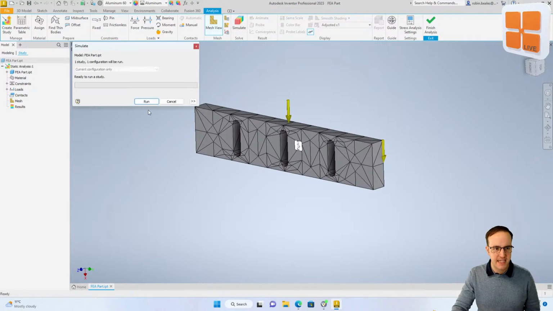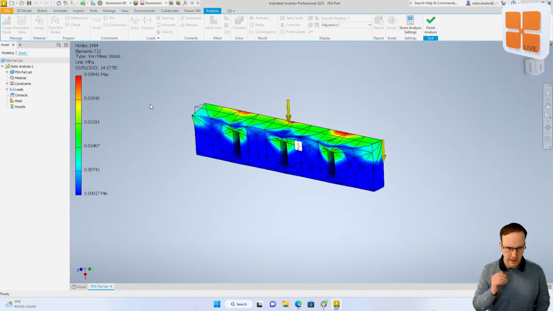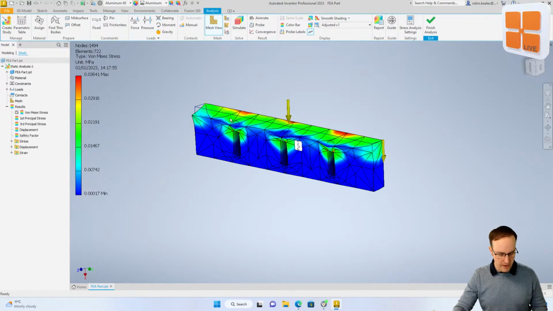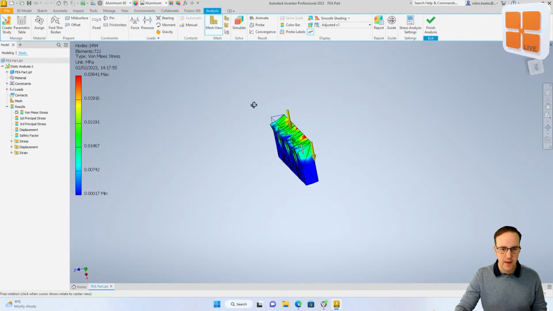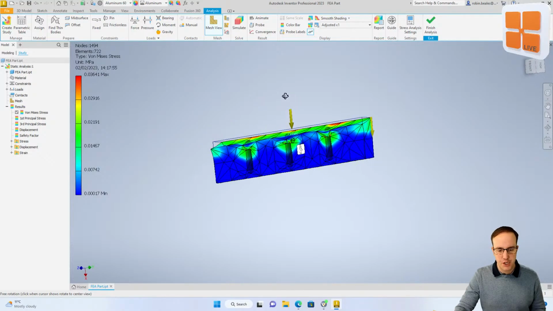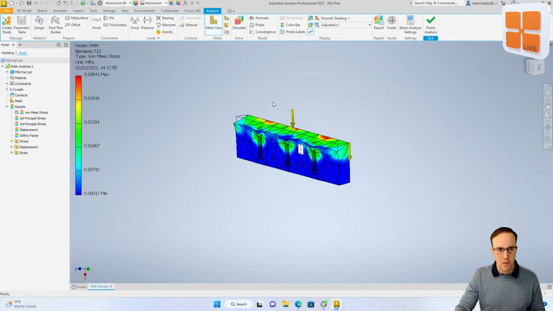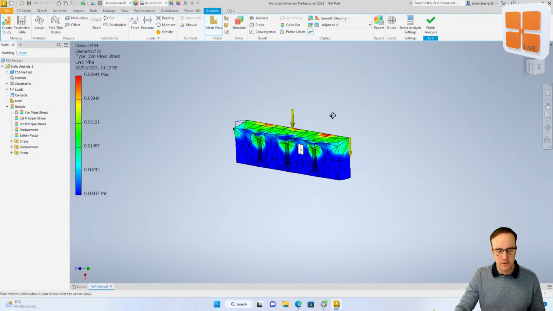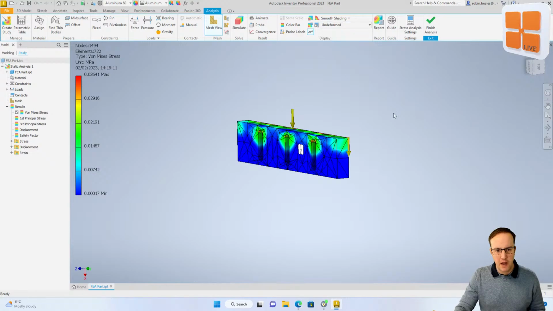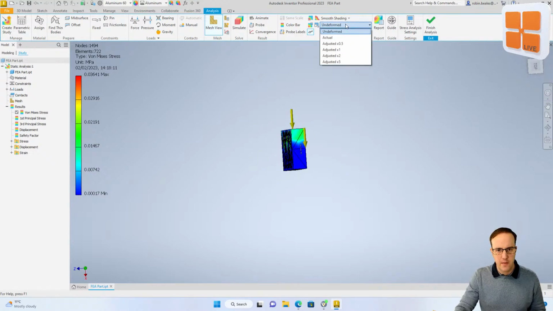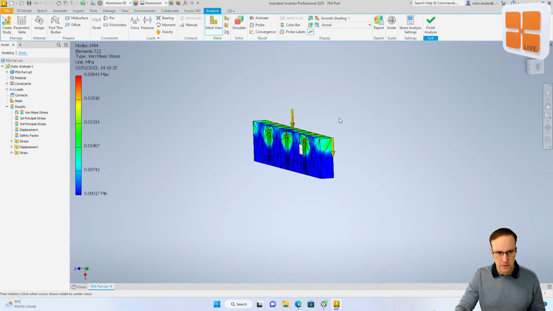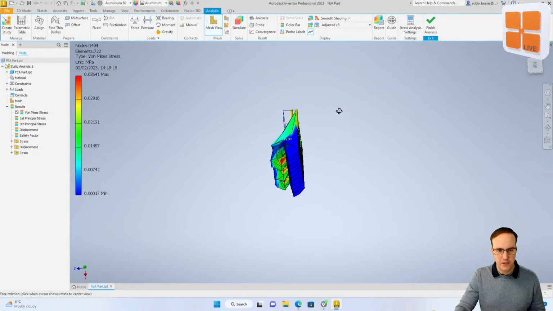I'm just going to go ahead and hit simulate and press run. This is going to be very quick, and what we'll get is an instant bit of feedback on our simulation. Now don't panic, because what we're looking at is an adjusted result. Okay? When we get our results in Inventor, we have the ability to view them undeformed. We have the ability to show them actual, so actually what is deforming, all the way to 5 times adjusted